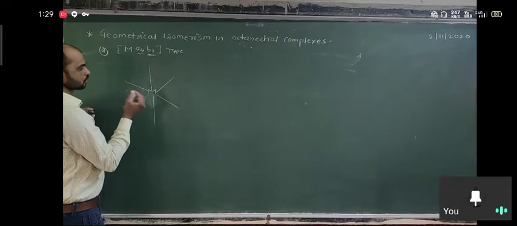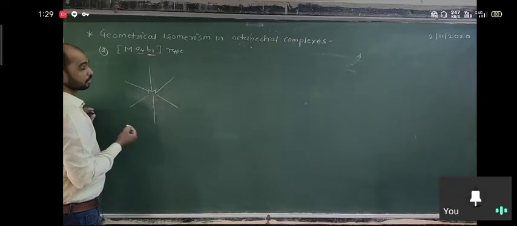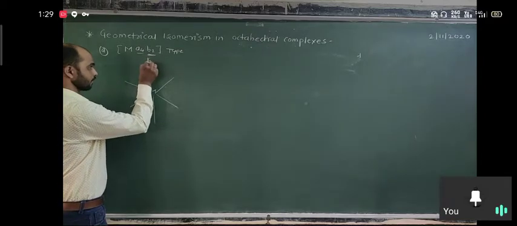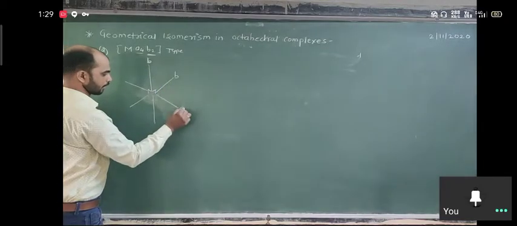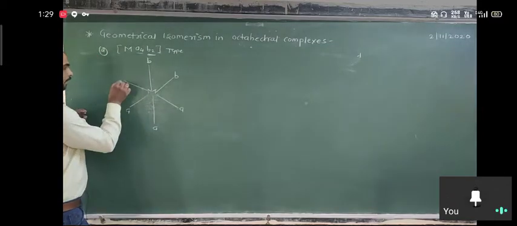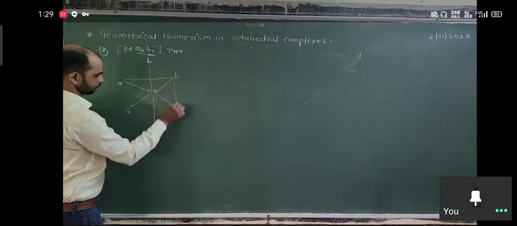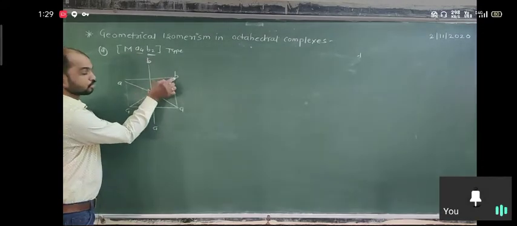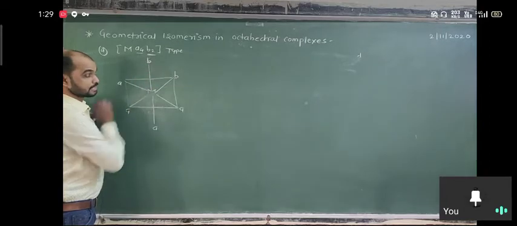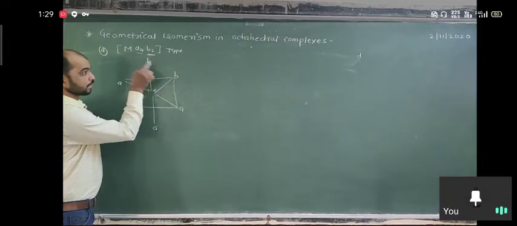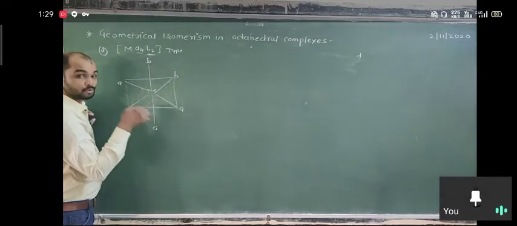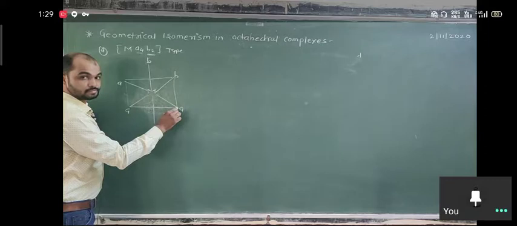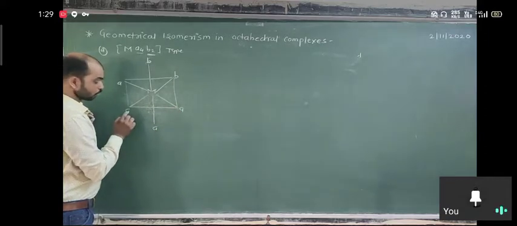suppose we want the cis position. So I already told you which positions are cis, 1, 2. So suppose B is here, this B is here, A, A, A, A. Okay, this is a 1, 2 position. That means 1, 2 position is cis, meaning 2 similar groups at adjacent positions. And for A, here 1, this is a 6, 3 position, again cis. This is a 6, 4 position, again cis.